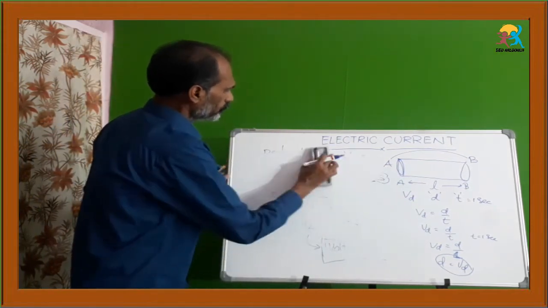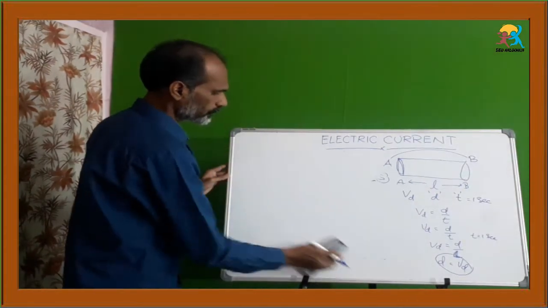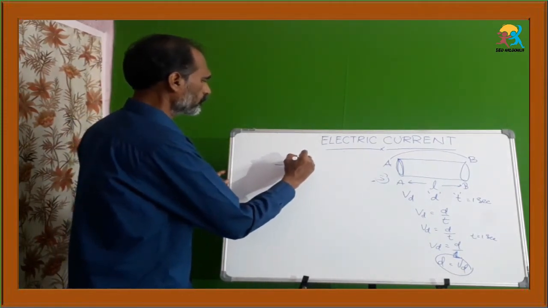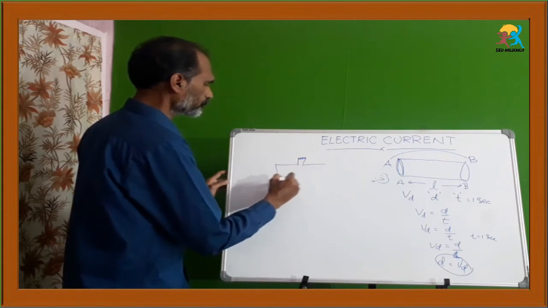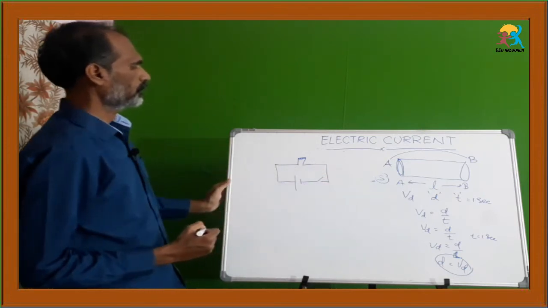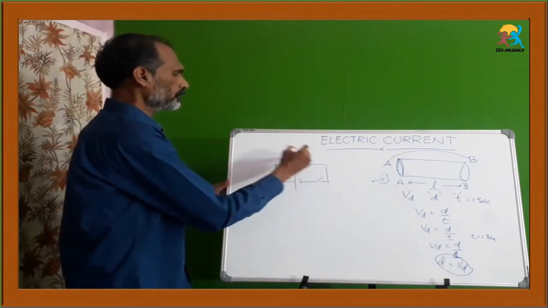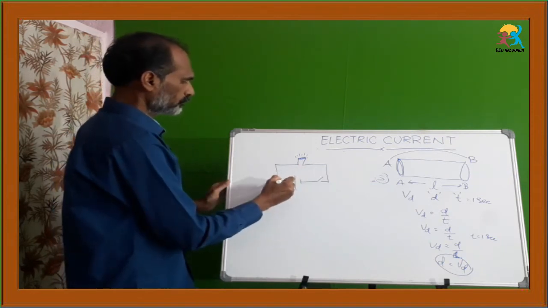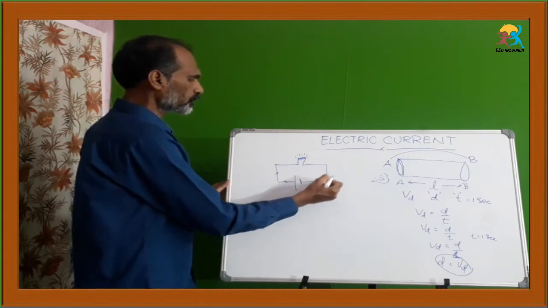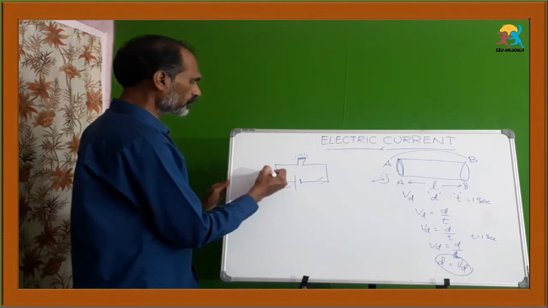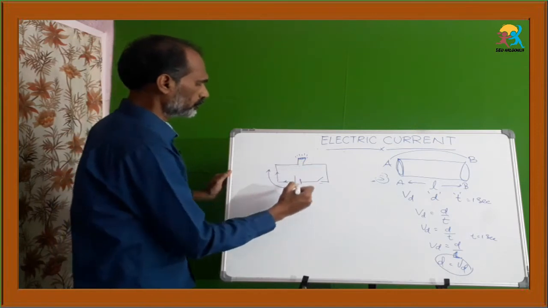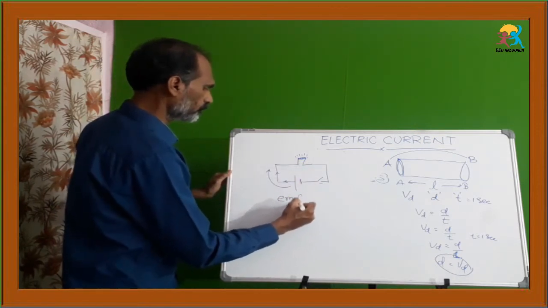To understand this term electromotive force, we need to recall yesterday's class, where we saw one simple electric circuit: a battery, a switch, and a bulb. When the switch is on, the electrons move from the negative terminal into the circuit. At the same time, electric current moves from the positive terminal to the negative terminal. So here we are discussing electromotive force.